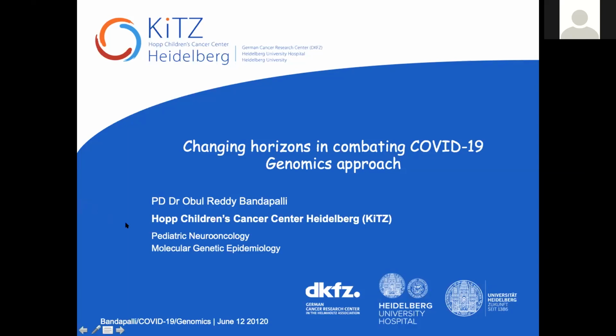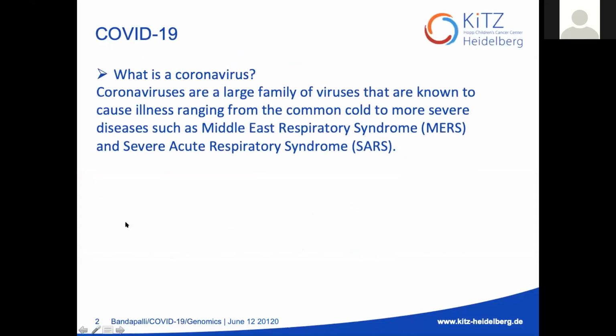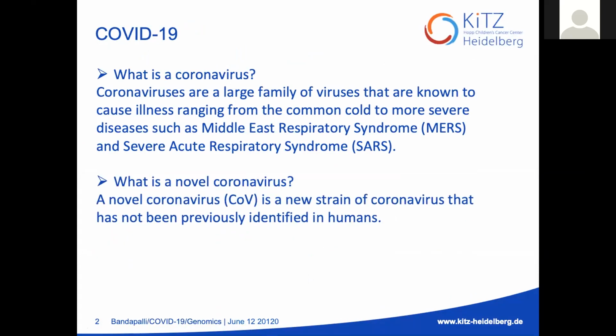Briefly, as Professor Krupanidhi sir has set the ground for me, I don't have to go into detail on the background of the viruses, so I will run through it briefly. Coronaviruses are a large family of viruses that are known to cause illness ranging from mild cold to severe diseases such as MERS, Middle East Respiratory Syndrome, and severe acute respiratory syndrome, SARS. Those were the main acute ones. The other ones are mild, so that we may not even notice that we have some kind of virus.